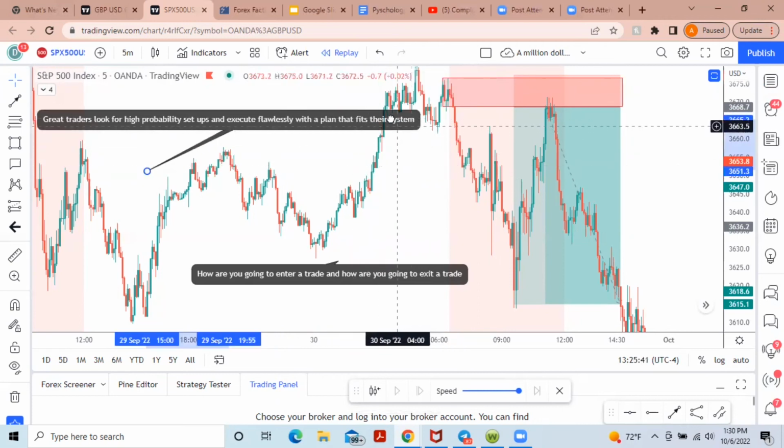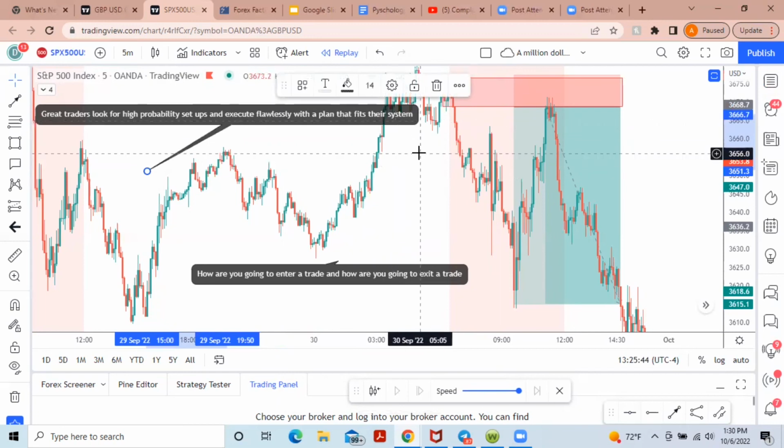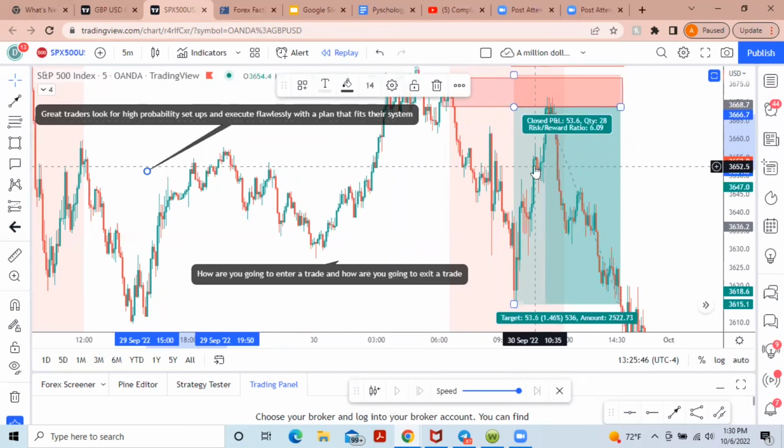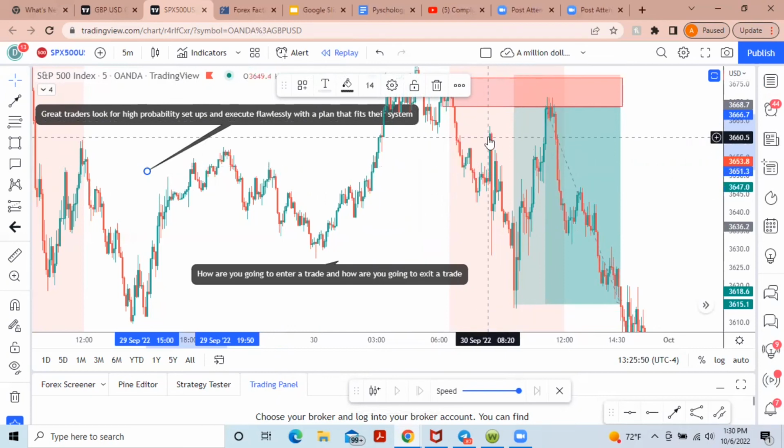So that's pretty much it for our trade breakdown for SPX. It was a great 6 hour trade. Risk to reward is key. It's always key in everything. But other than that,